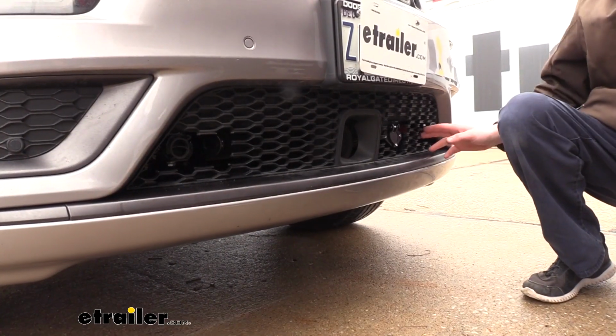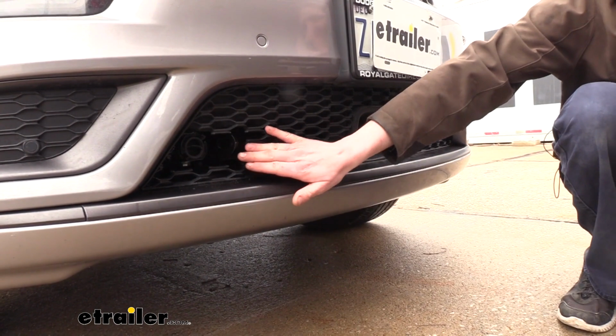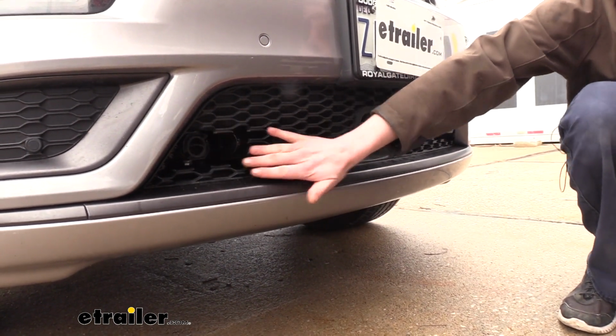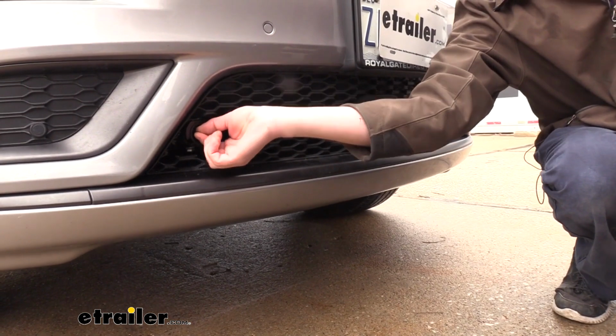And this is what our base plate's going to look like when it's installed. It's really not going to detract from the looks of the vehicle because it's going to be hidden behind the fascia for the most part. There is some minor trimming to allow the components to pass through, but since they're so flush, you almost don't even really notice it. Inside of each end, we'll have a cap that keeps out any dirt, debris, and moisture